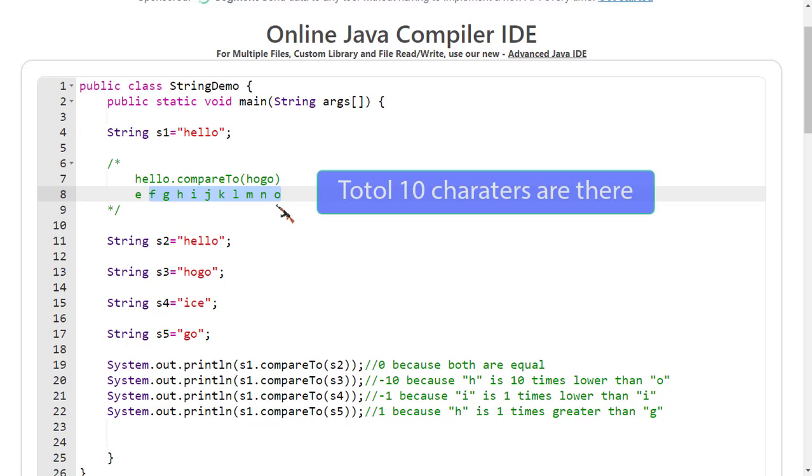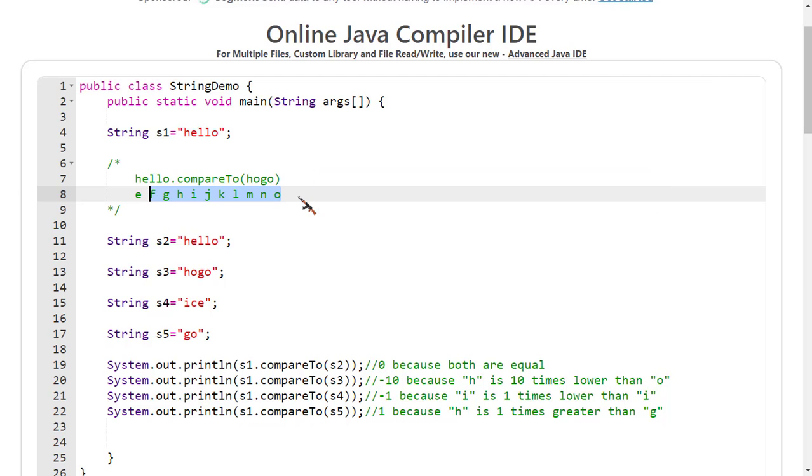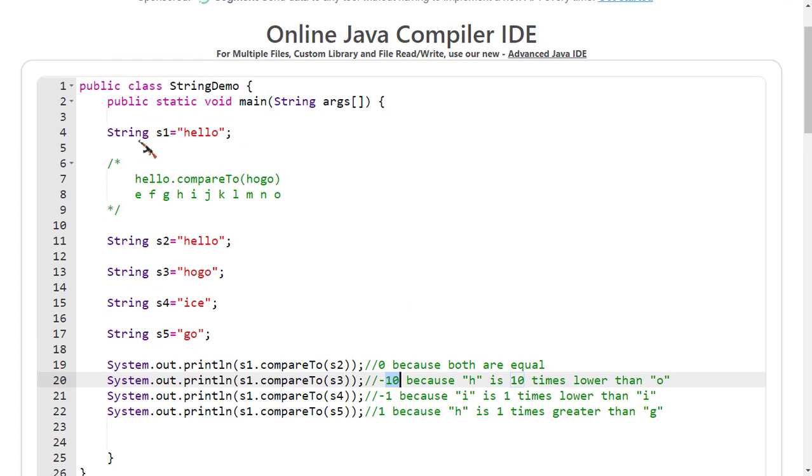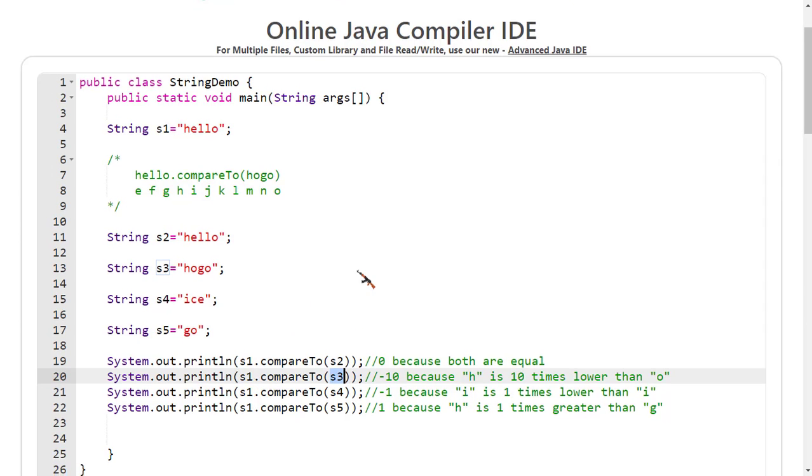So the total is 10 characters from E to O. That's why it returns the negative value 10, because the first object is 10 less than the s3 object. That's why it returns 10.